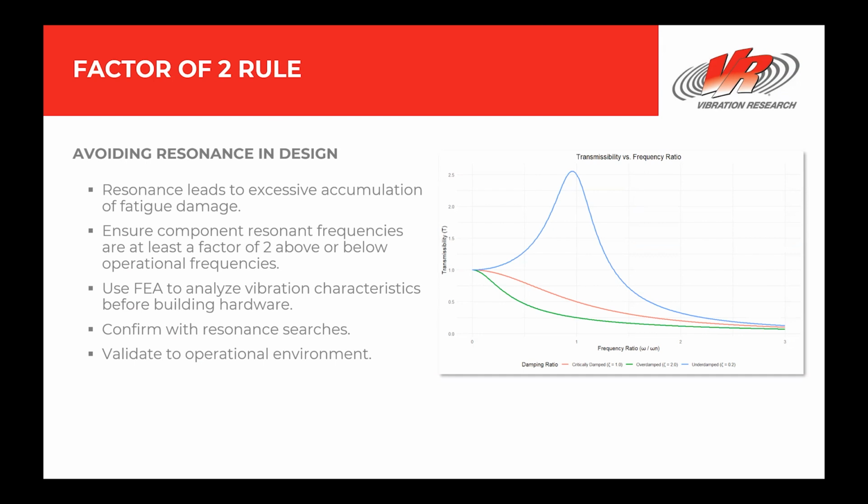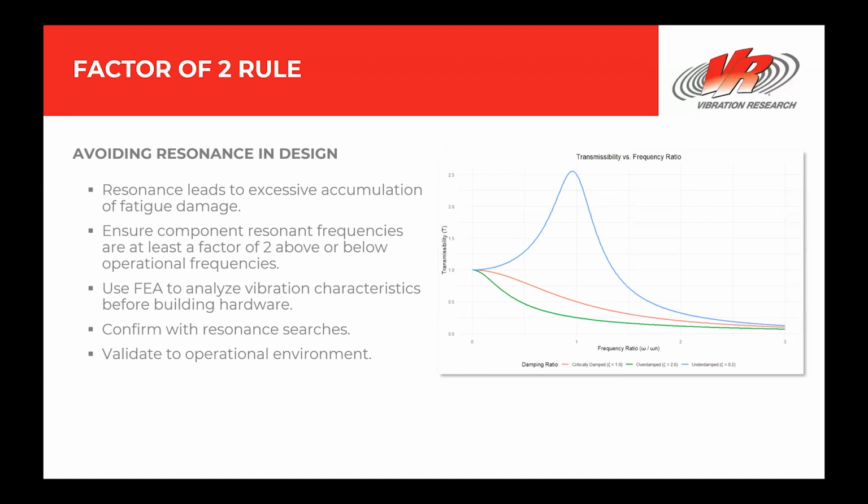In thinking about resonance, damping is also an important consideration in any design and comes in three flavors: critically damped, overdamped, and underdamped. In a critically damped situation, the system returns to equilibrium as quickly as possible without oscillating. In an overdamped system, the product returns to equilibrium slowly without oscillating, and in an underdamped situation, the product oscillates with decreasing amplitude, if not driven, but can resonate and potentially become unstable with catastrophic consequences if driven at its